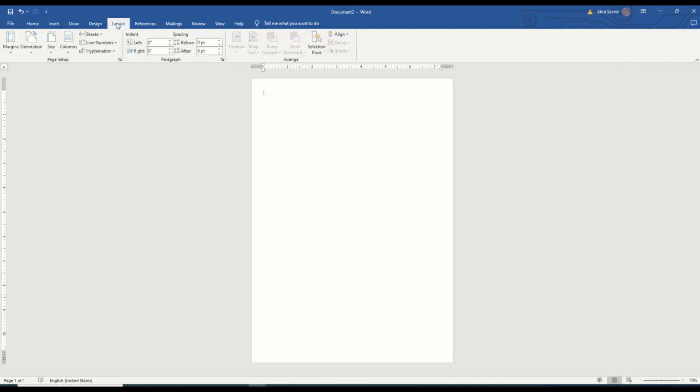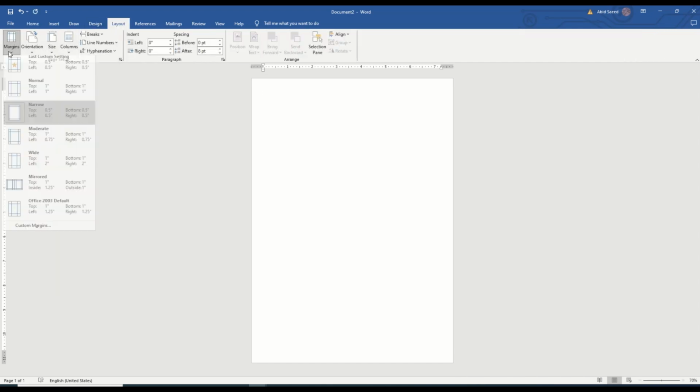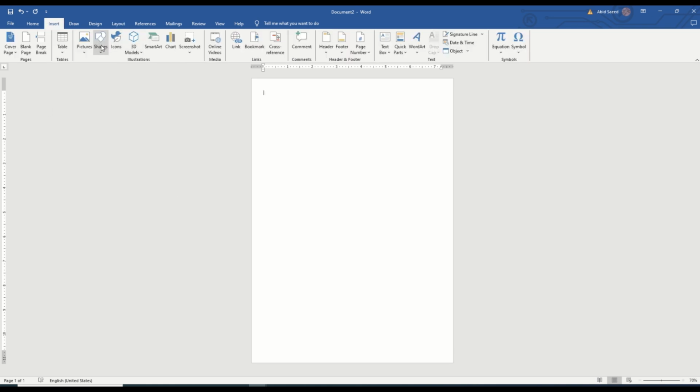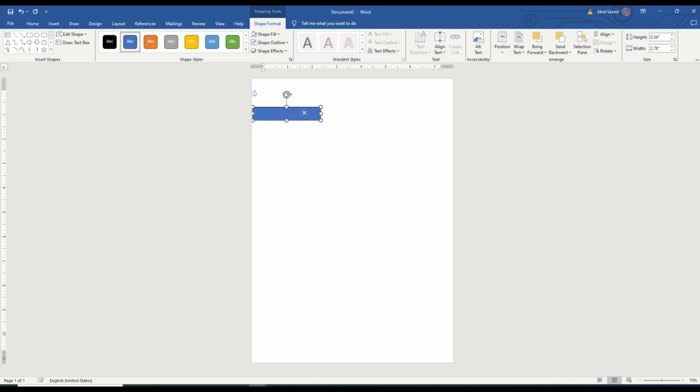First of all, you have to go to Layout, Size, and A4. Margins, narrow. Go to Insert, go to Shapes and select this rectangle. And next, you have to change its color to purple and remove its outline. Now, what you have to do is duplicate it, and you have to increase the size of the duplicated rectangle